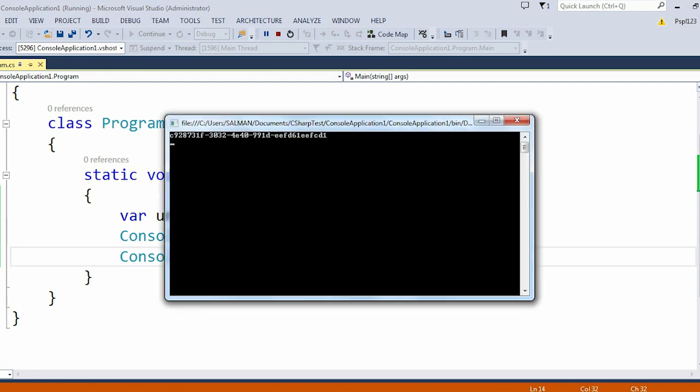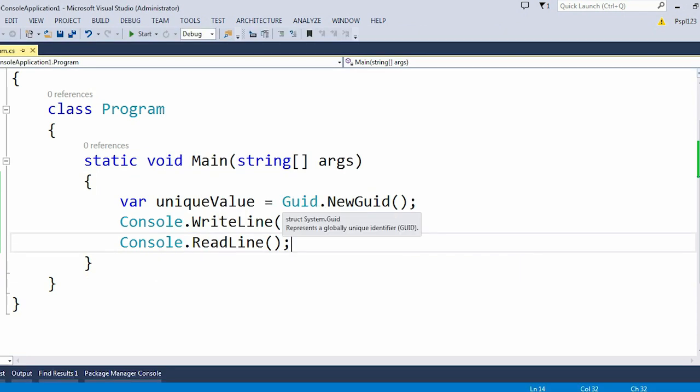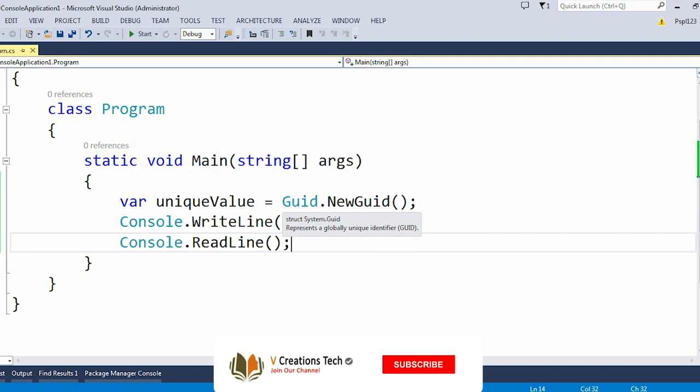This GUID is used for creating a particular unique value in our applications. In many scenarios we need unique values where we can store some of the values, and these unique values can be anything. By using Guid.NewGuid, it is basically alphanumeric, which means it can take numbers as well as alphabets, and it will create a completely unique value.